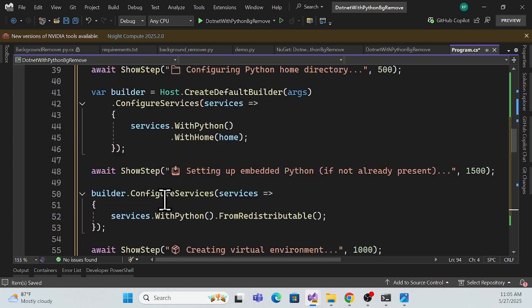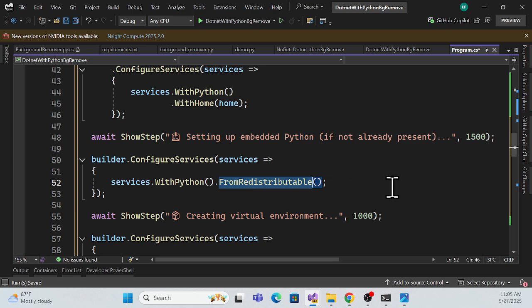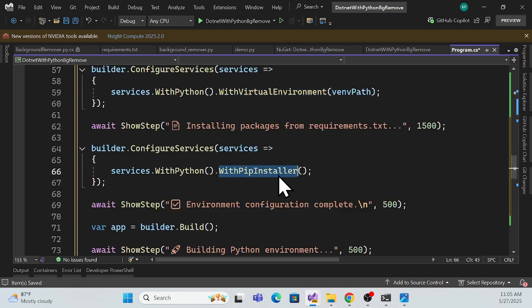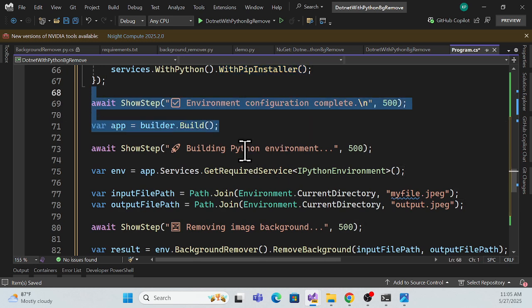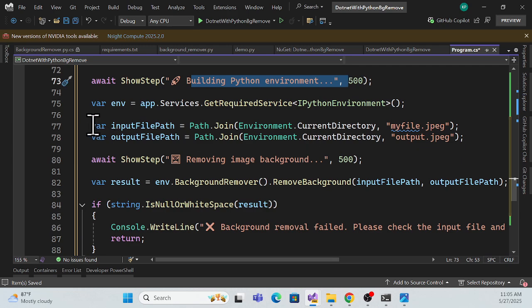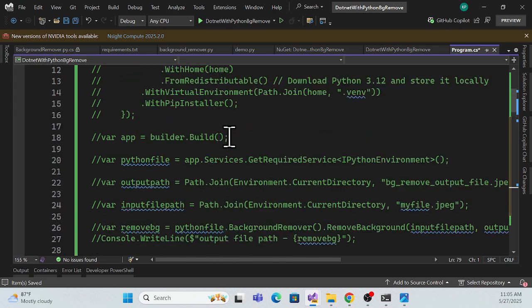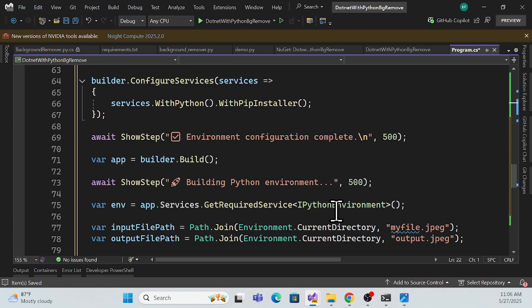Those are things we have maintained. Again, this starts the configuration and splits all the configuration over here, for whatever service is using that Python extension method, starting with the home, and then with the table. Then it creates the virtual environment, then the pip install, and then configuration completed. Once that completes, we'll start our environment. I can change this to this, because this is the right path, so I can use this path over here,